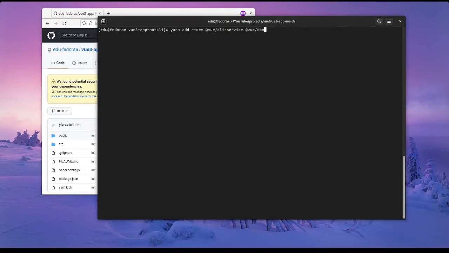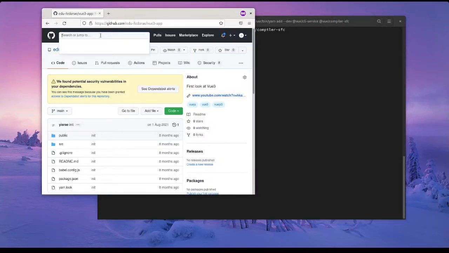So this is the compiler SFC. And these are just the two things that we need. So the CLI service are the main things that I think we actually need, and this compiler SFC. And meanwhile that is there, I'm gonna go and type